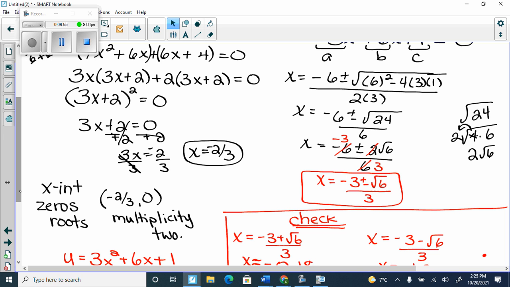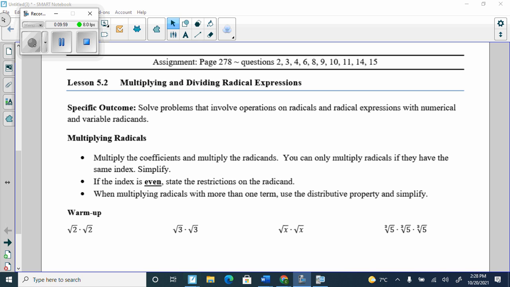Can I get you to open up your notes because we're going to do multiplying and dividing radicals. So we have multiplying and dividing radicals. So when we added and subtracted, we had to simplify every radical first, and then we could only add and subtract radicals with the same